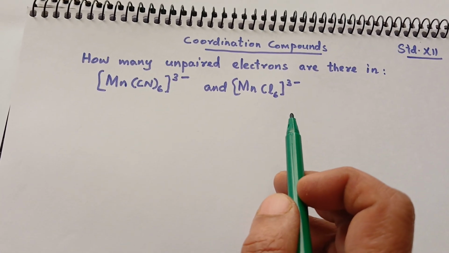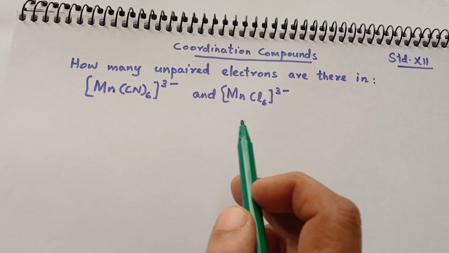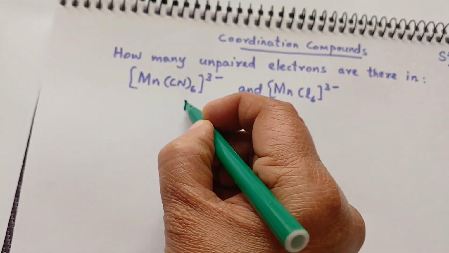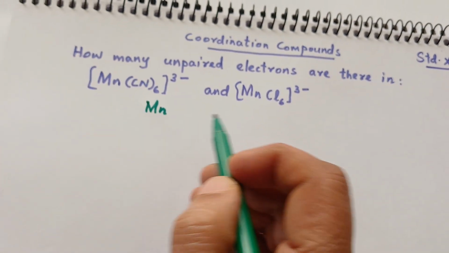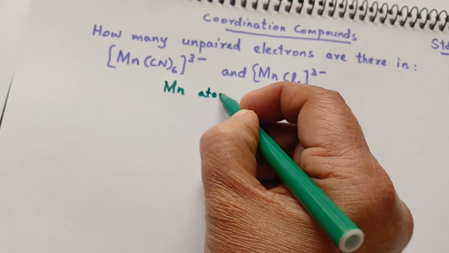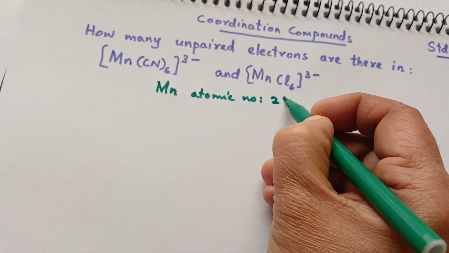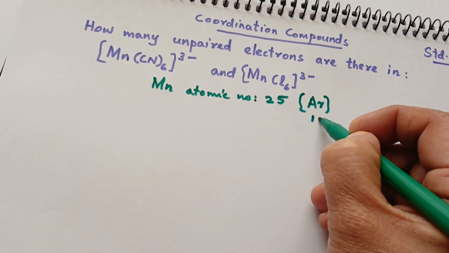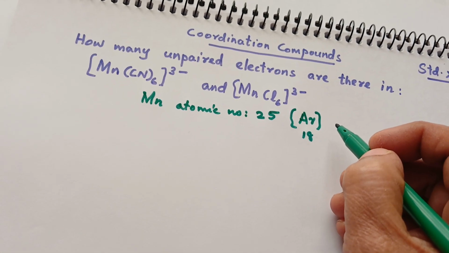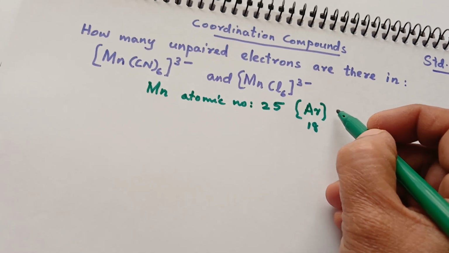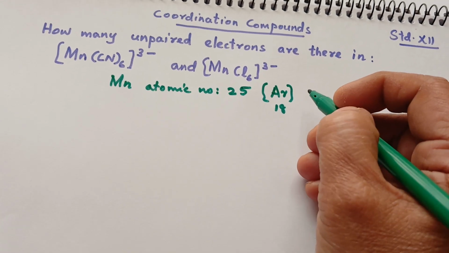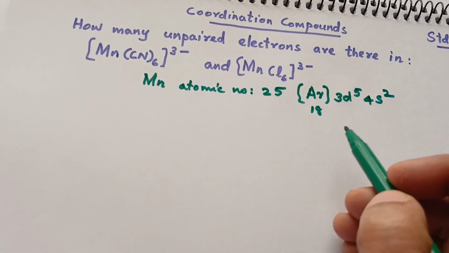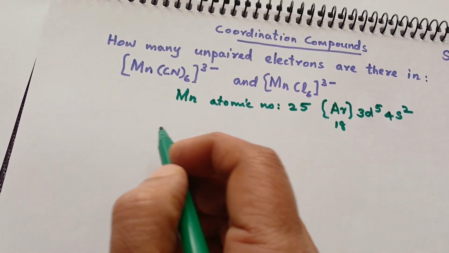How many unpaired electrons are there in [Mn(CN)6]3- and [MnCl6]3-? So we have manganese as the central metal atom in both cases. Atomic number is 25. Its electronic configuration can be represented as argon, that is 18 electrons, then we have to put in 7 more electrons. That will be 3d5 4s2. Okay, so here in [Mn(CN)6]